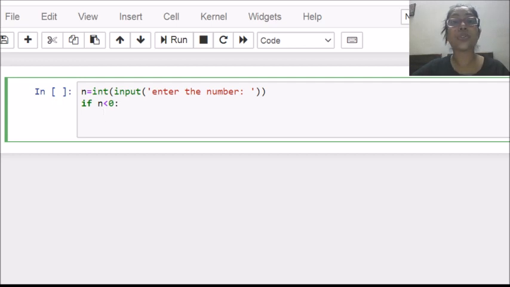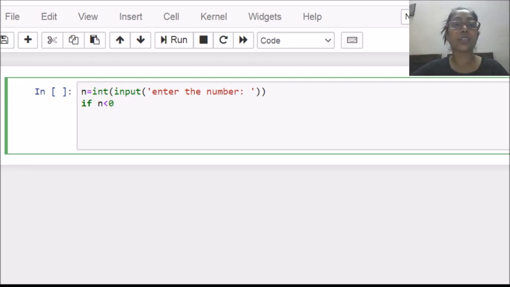I can show you the difference. If you won't put this colon here and you press enter, then your cursor will go to the starting location of the next line. But once you put this colon, it comes to